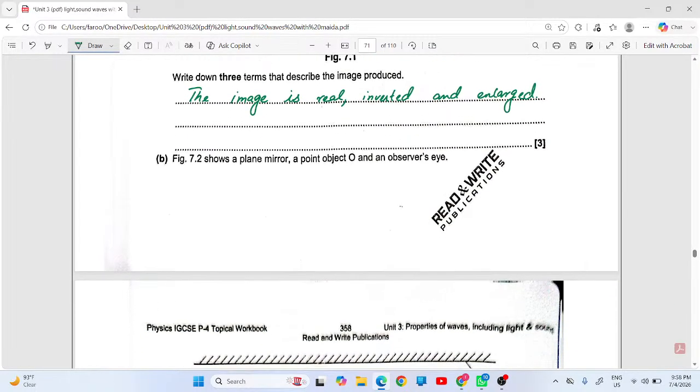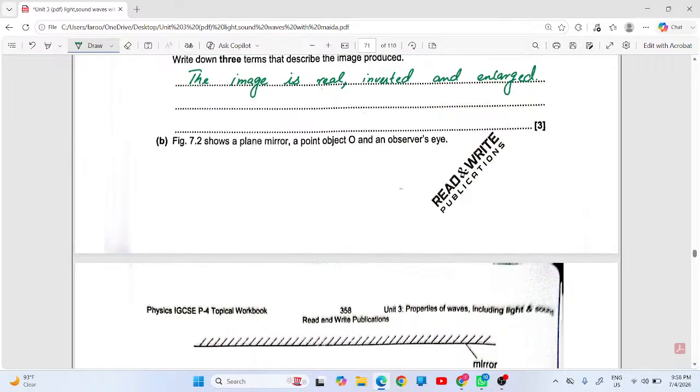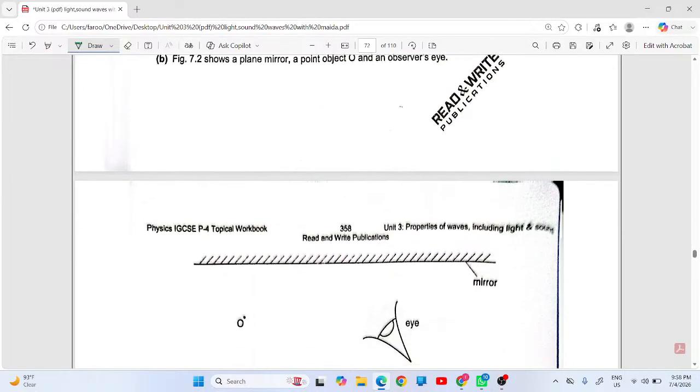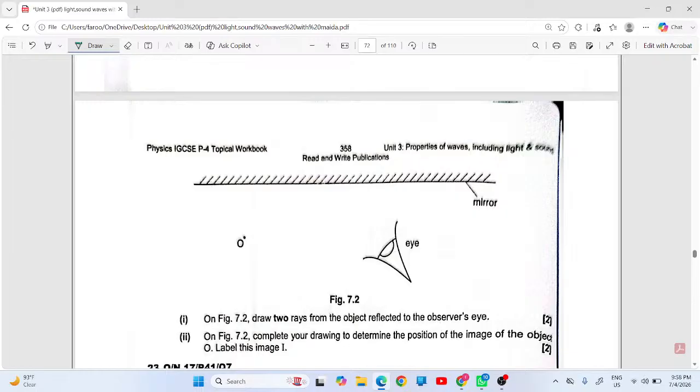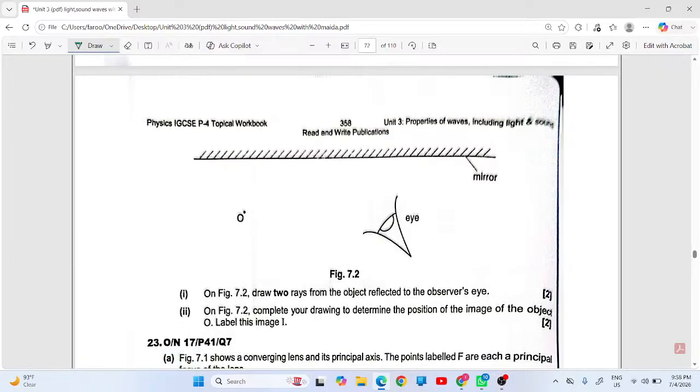Point something. The image is real, inverted, and larger than the size of the object. Figure 7.2 shows the plane mirror, a point object O and observer I. Okay, O है, आईज है और मिरर, ये इंपॉर्टेंट है क्वेश्चन, इसमें इंपॉर्टेंट लिखे तो